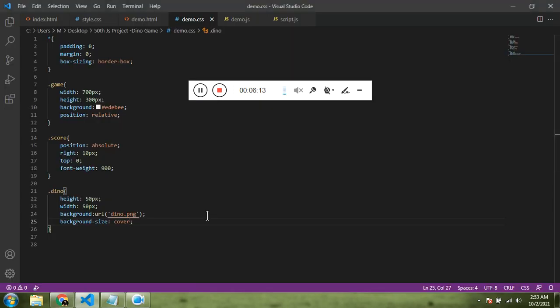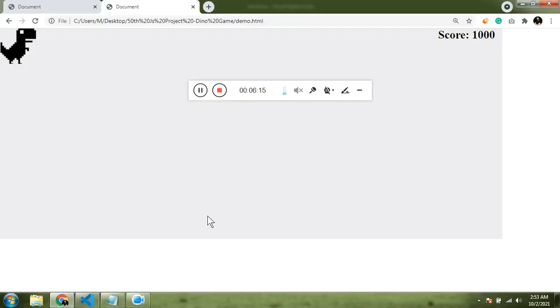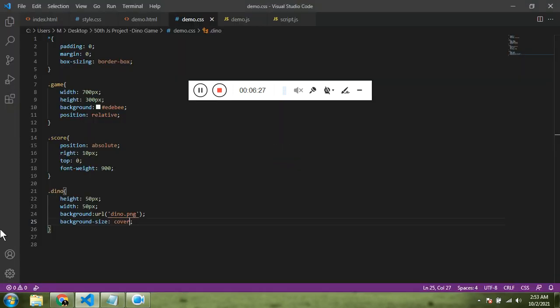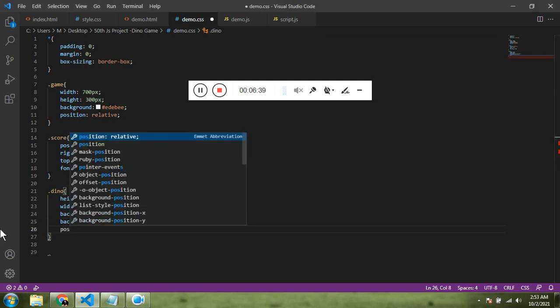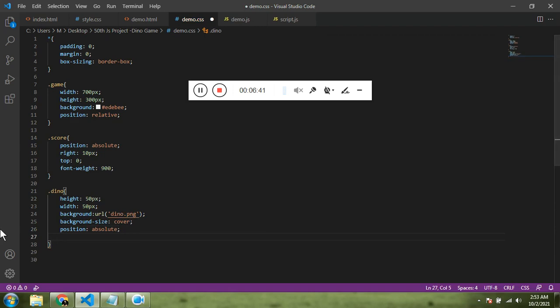The same way, I want to position the dinosaur at the bottom. So now we have to do the calculation. The height of the dinosaur is 50 pixels and the height of the game div is 500 pixels, sorry, 300 pixels. So 300 minus 50 is going to be 250. So now we'll use position absolute and top.